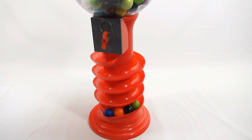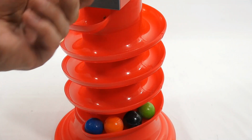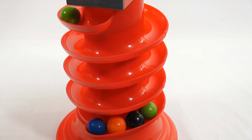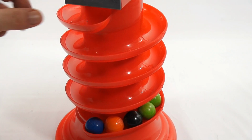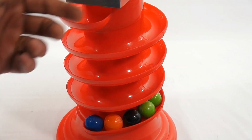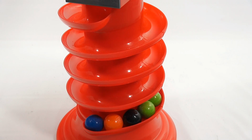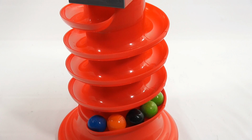Let's zoom in on the spiral part. See, that's a fun dispenser. I like that. And we got some pieces of gum in there. It will hold a lot, as you can tell. There's quite a few in there. So it's not like one of the other dispensers where it held only like 8 pieces. I think that was the, well, I forgot which one that was. The Mickey Mouse or...